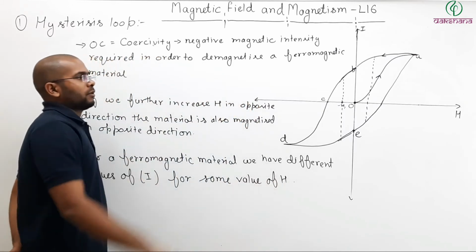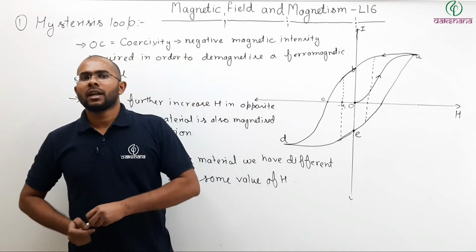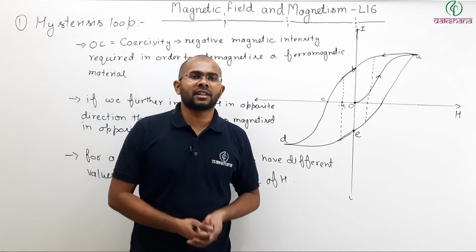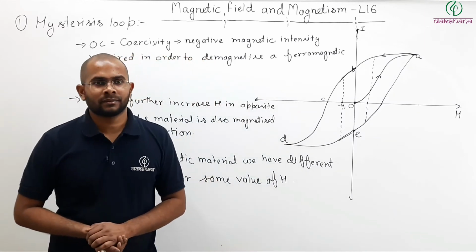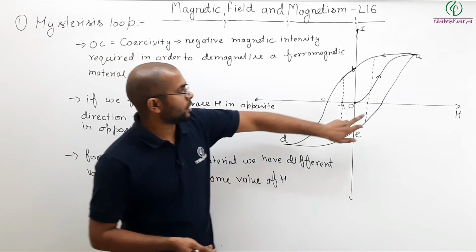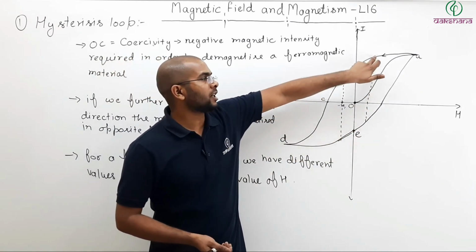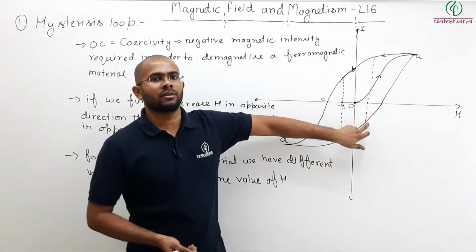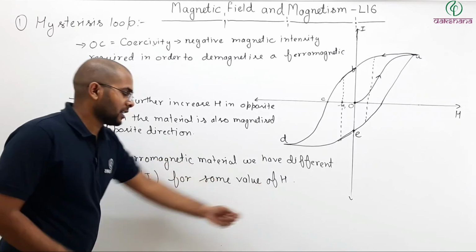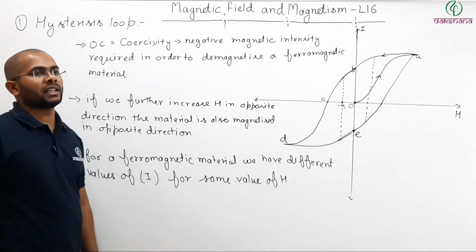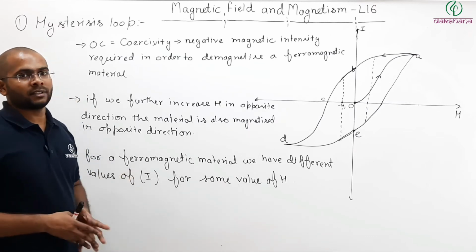So for example, there is a ferromagnetic material and you tell me that, sir, this ferromagnetic material is placed in a magnetic intensity this much, and you ask me, sir, tell me what is the magnetization. Then nobody can tell. Why? Because for the same value of H, it may be this, it may be this, it may be this. So for the same value of magnetic intensity, magnetization of the material may be different. Pause the video, note it down, then we will discuss further.